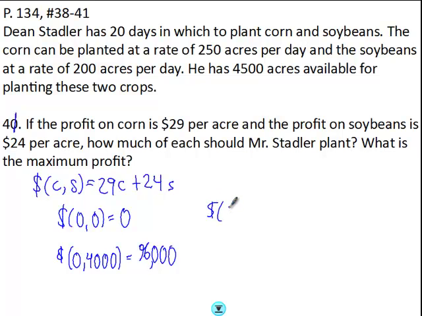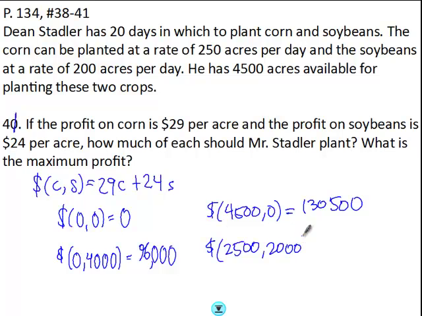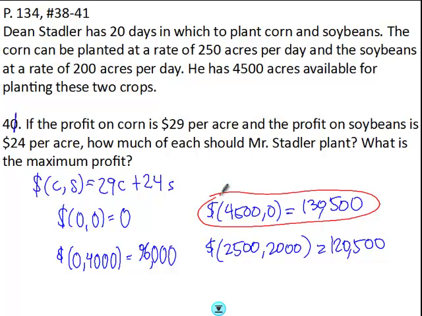If I plant just corn, that's 4,500 times 29, which is $130,500. Or if I go for the point where it's 2,500 acres of corn and 2,000 acres of soybeans, that's going to be 2,500 times 29 plus 2,000 times 24, total $120,500. So in this case, it seems like the answer is that we need to plant nothing but corn. Corn is up, soybeans are down, so we're going to plant